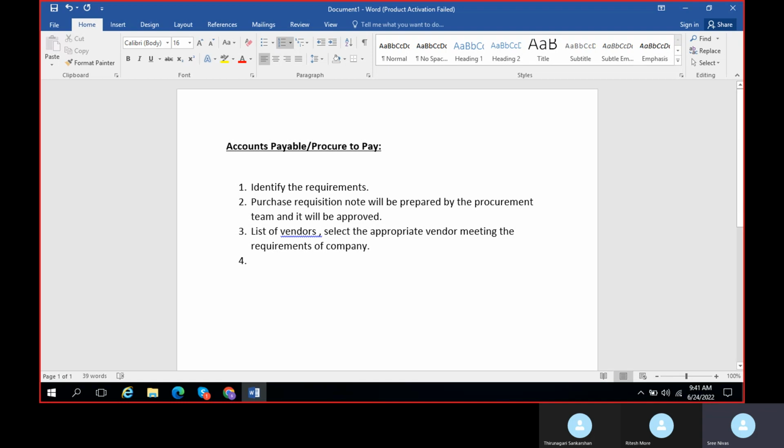Let me also add it here. They receive the quotations from all these vendors, right? Once they finalize any of these quotations, they will send a purchase order. This purchase order will contain all the details of the products, the due date, when they are expecting the delivery, and what sort of transport, or anything related to the products. So once the PO is created,